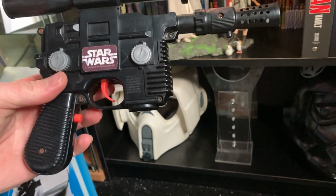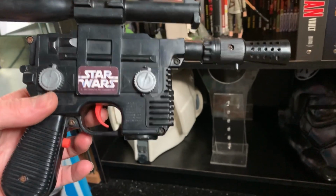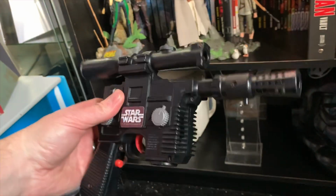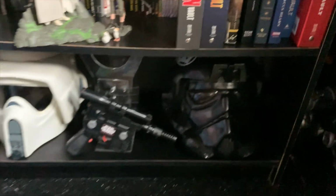Still, what an amazing piece. I love this blaster. And I think this is quite an unusual one because it's got the red trigger. This is from Empire Strikes Back, the red trigger, but it's got a Star Wars sticker. So yeah, really, really cool piece. Love this blaster. I'll take you over to...